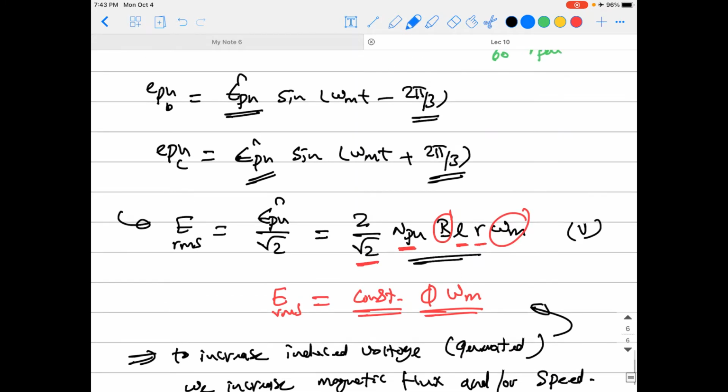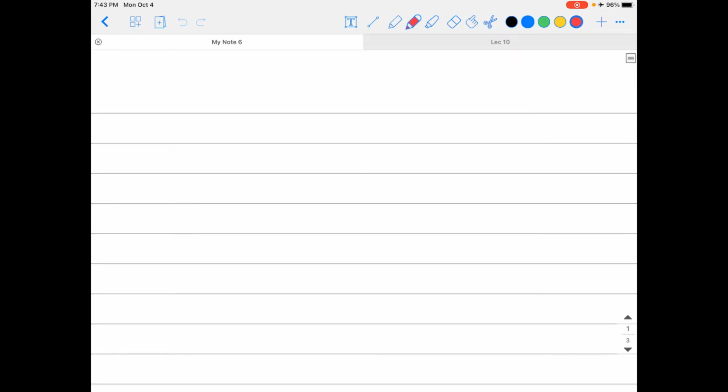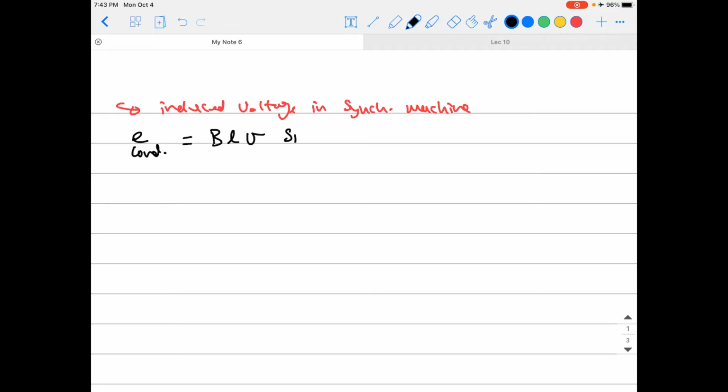And I kept deriving this last time. So the same basic idea like I said last time, it is just induced voltage in synchronous machine. Okay, so like I said, E per one conductor will equal BLV sine omega t, but I will say now omega E, which is omega electrical, okay? Because that should be like this. But that is the whole point, to keep that in mind. It is just omega E